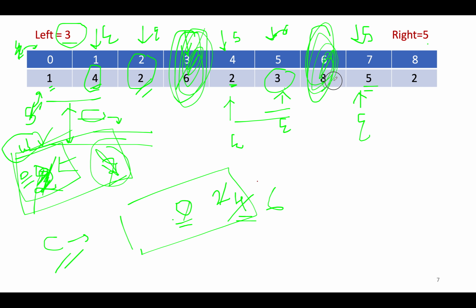So by virtue of 8, the window size got updated to 0, and now since we have 5, the window size will be recalculated and it will be given by end minus start plus 1. So 7 minus 7 plus 1 gives you 1. So window size becomes equal to 1, and the count gets updated to 7.